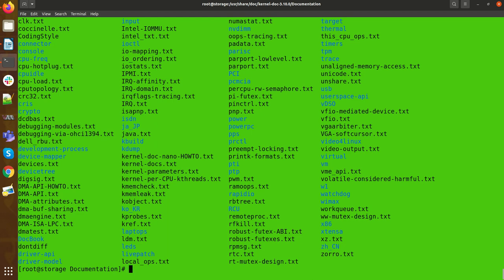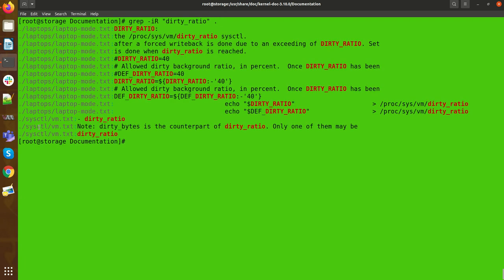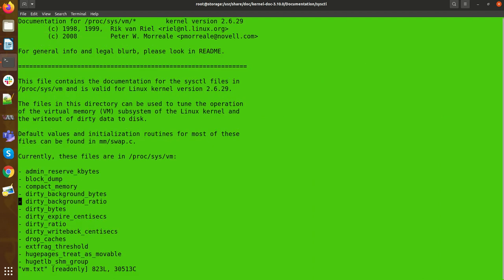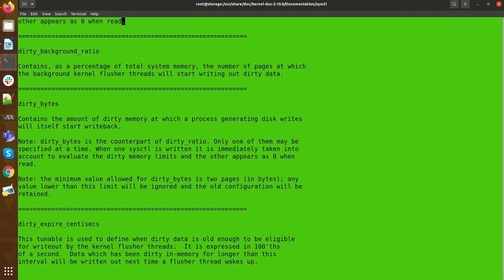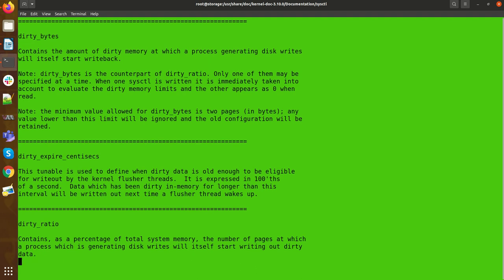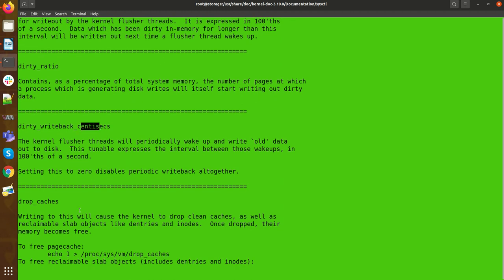Okay, so this is the file. This is a documentation file where you can read what the dirty ratio is, about dirty bytes, background dirty, dirty expire centisecs, dirty ratio, dirty writeback centisecs, and drop caches, everything.